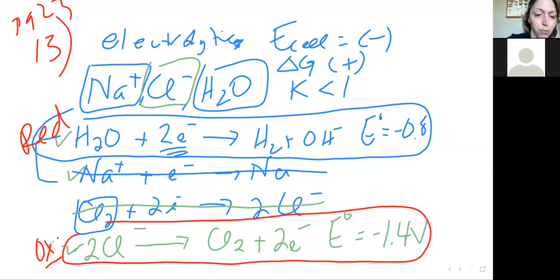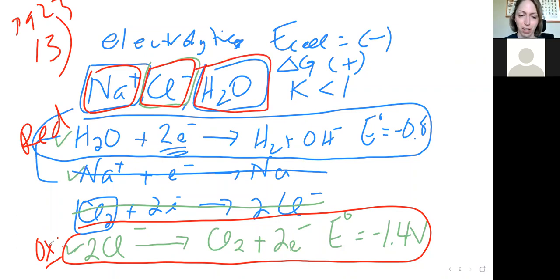Okay, so I think what was challenging about that problem is you really have to pay attention to how the information is presented to you. In this case, you had a list of reductions, so you had to know, based on what materials were available in the solution at the start of the experiment, what half reactions were possible. You needed to flip that chlorine reaction to make it 2 Cl- being